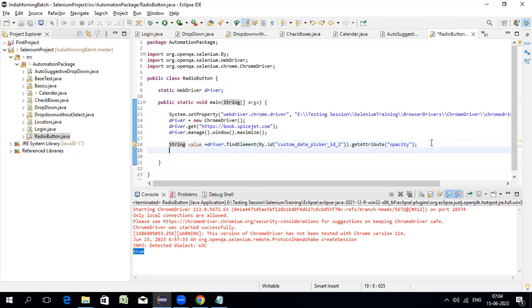Yes or no? So now I can write: if value equals 0.5, then